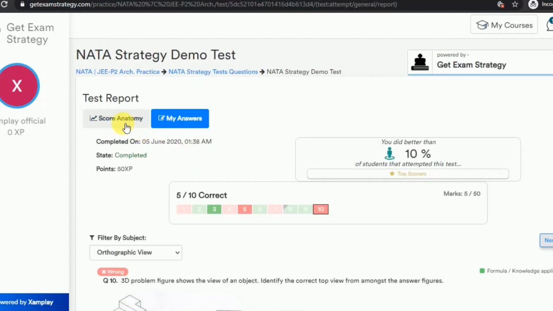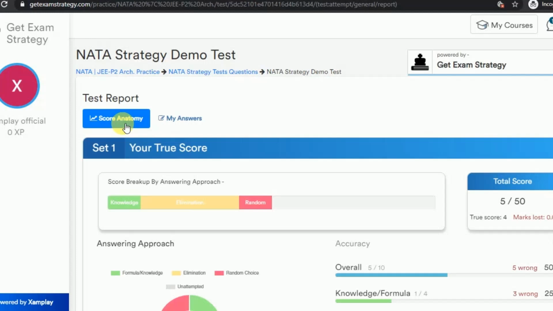Okay, so go ahead and do this demo test first before you take up a full length strategy test. I hope this strategy test is going to help you and you will find a lot of value.